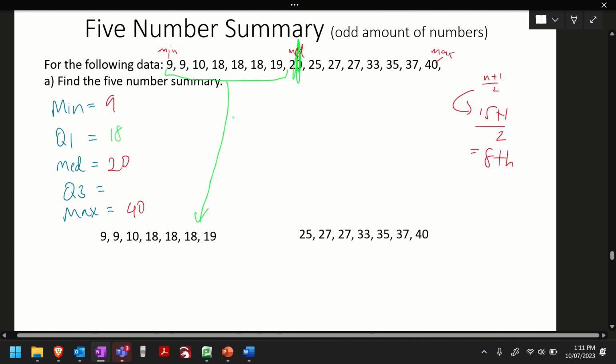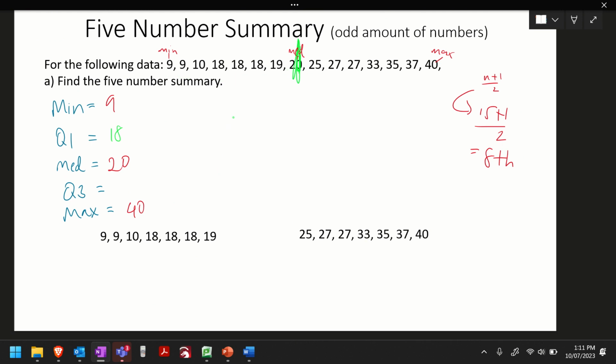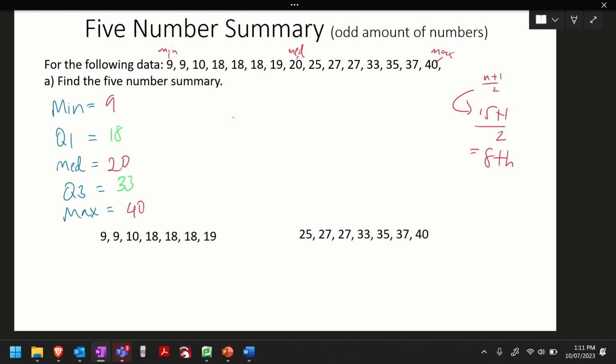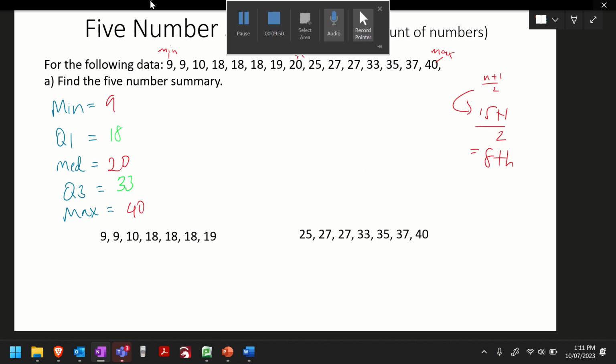And it's exactly the same for the upper half. Okay? Don't include the median. It is there, it is down there. Okay, do not include that 20. You don't need it. What's the middle of this data set here, guys? 33. Easy. That's literally all you do for the 5 number summary. Okay, and again, you can label them if you want on your data.